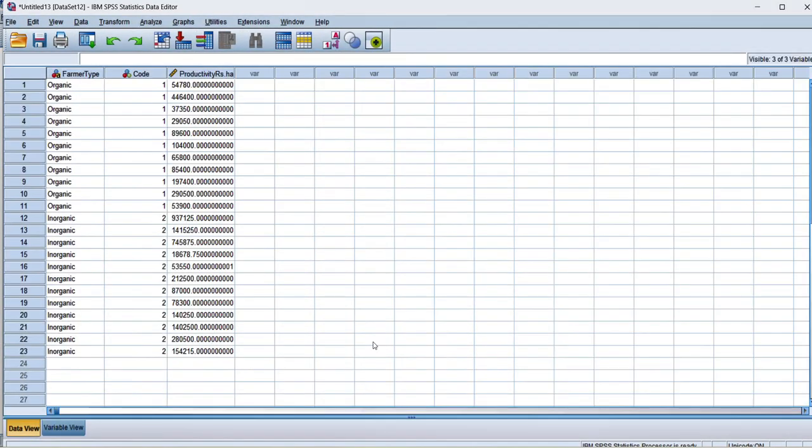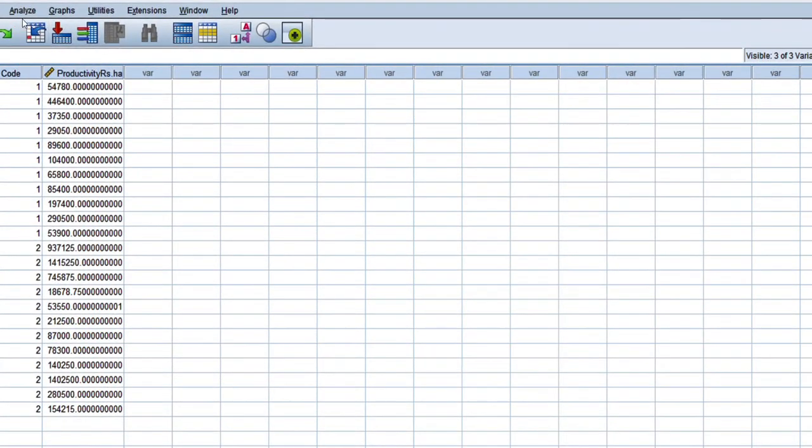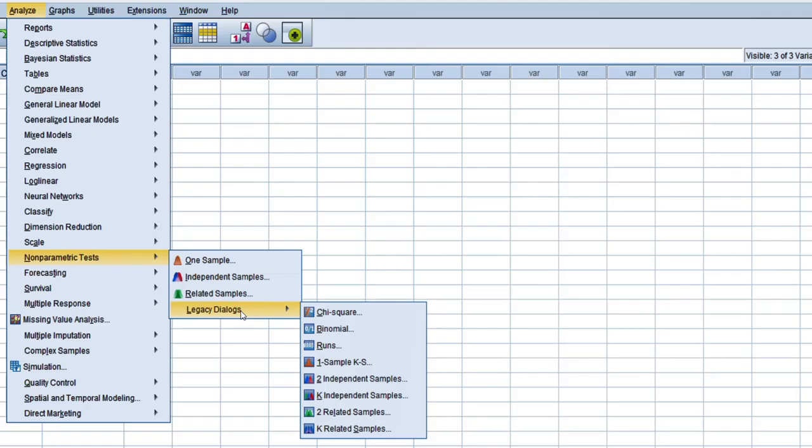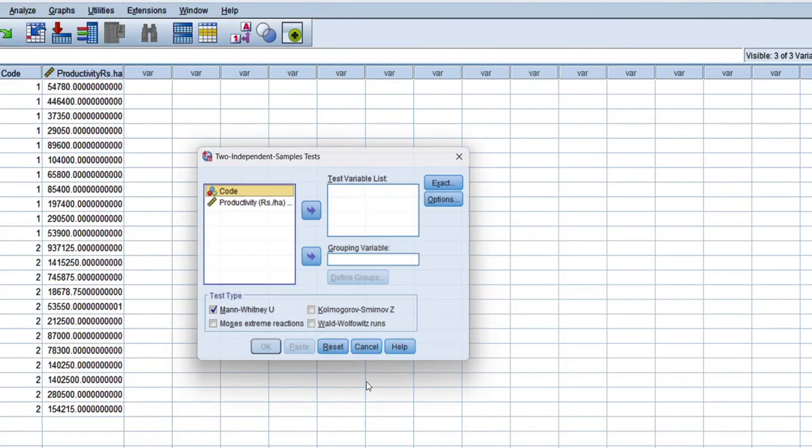In this example, I want to check whether the agricultural productivity in rupees per hectare under organic and inorganic farming is statistically different or not. To perform this, go to Analyze, select Non-parametric Tests, click on Legacy Dialogs and select Independent Samples.